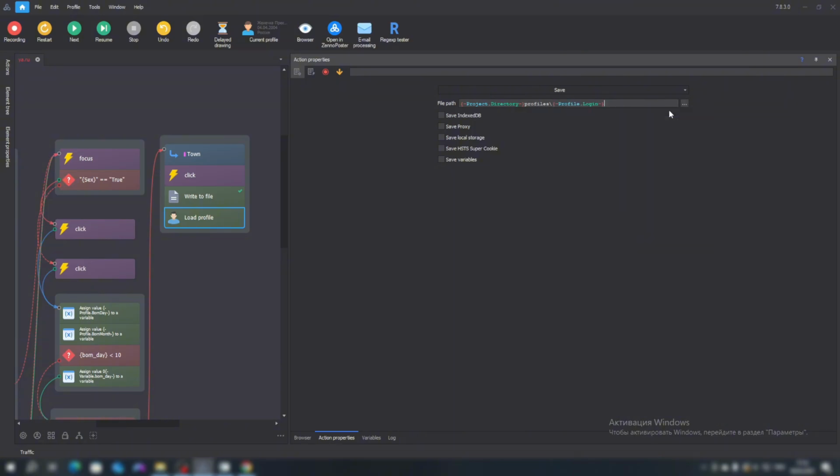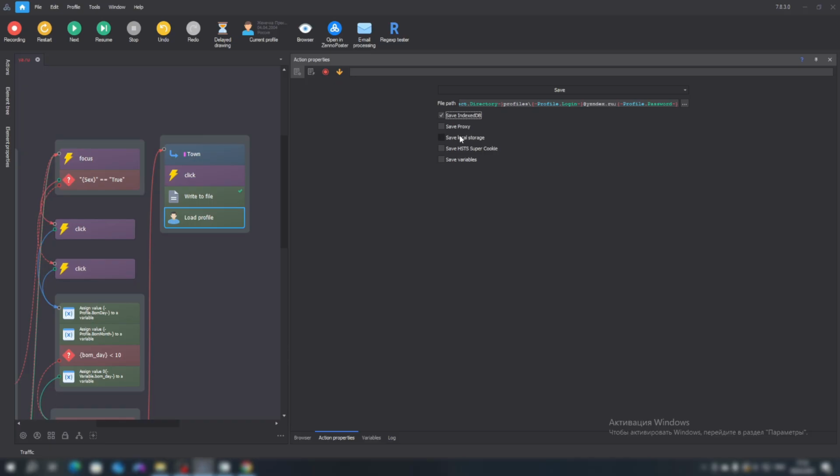Let's use the login, writing @yandex.ru. And in the file name, we cannot use a colon, so we use a semicolon. And enter the password. Check the box, Save DB index. You can check the box, Save proxy if you want. The proxy you registered with will load when you log into the account using this folder during profile loading. But I will not check that.